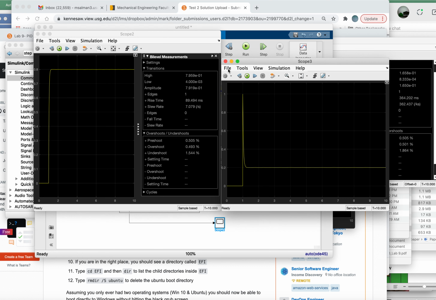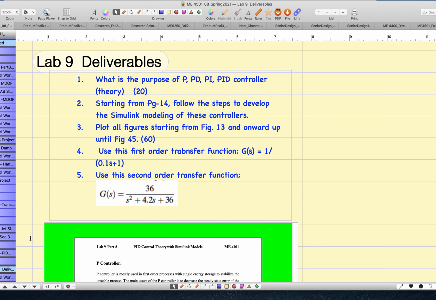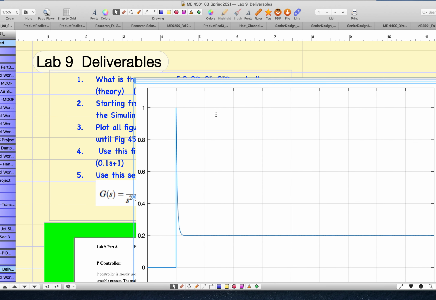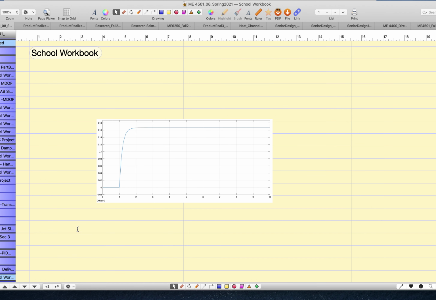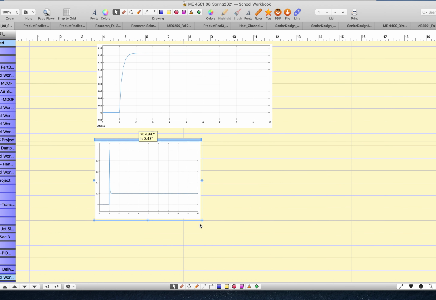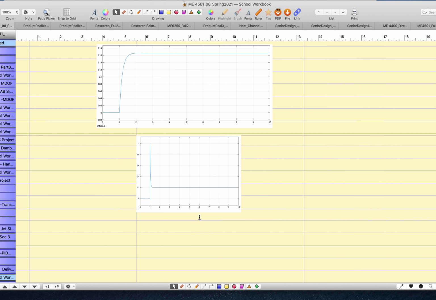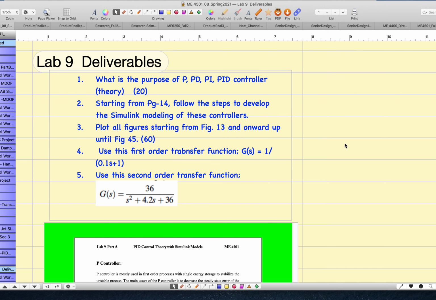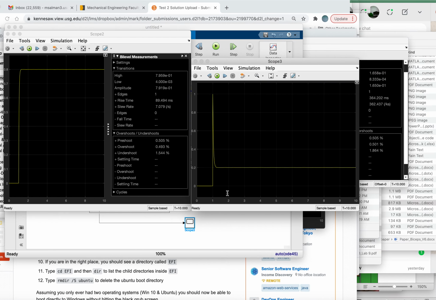So you can just grab this figure, copy this figure into your notebook, and paste it over there somewhere here. So the first figure is the scope for the step response, and the second figure is the scope for the steady state error. You will do the same process for the first order transfer function and the second order transfer function,